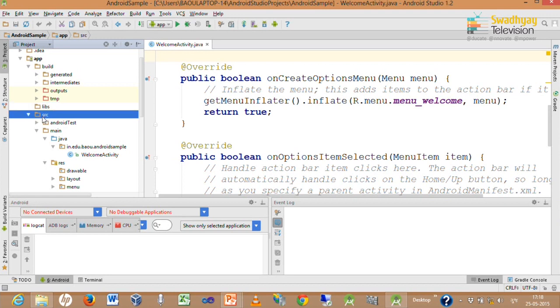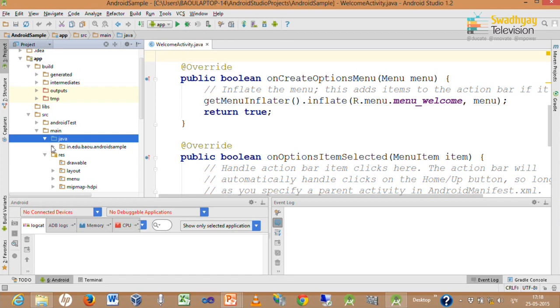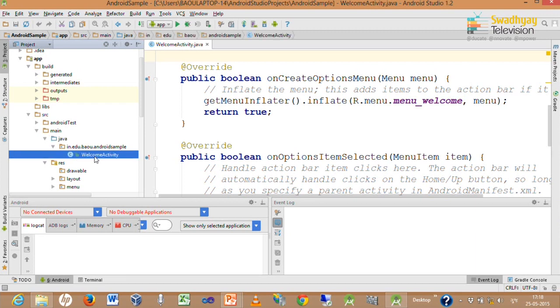We have the source folder, inside that there is a main folder, inside which there is a Java folder, and inside the Java folder all your source files are organized as a package structure. For example, our package is in.edu.baou.androidsample, and we have specified the name of the activity as WelcomeActivity.